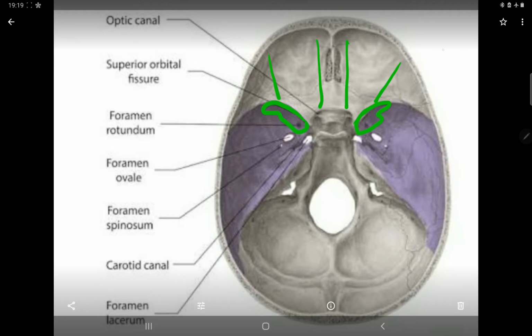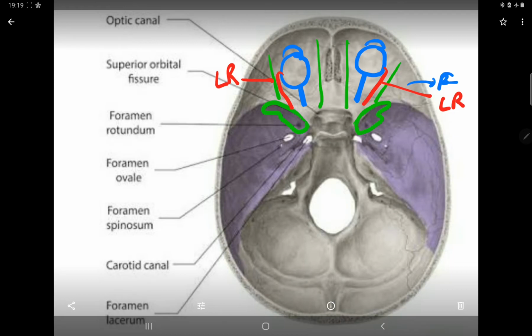Yes, this is your orbit. And obviously within the orbit you have your eyeball. This is the eyeball. And what is this? This is the optic nerve. All right, so this is below the frontal bone. You cut and remove the frontal bone, and then you can see the superior view of the orbit. And in the orbit you can see the eyeball, optic nerve, and one muscle also. This one muscle is the lateral rectus muscle.